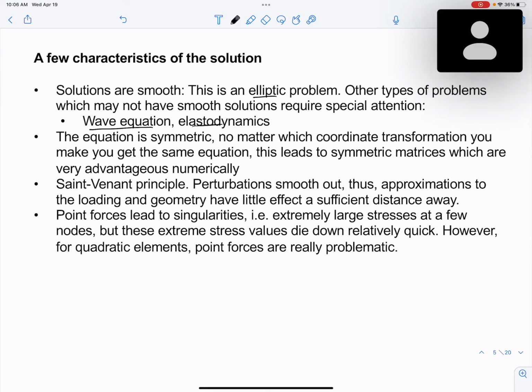The equation is symmetric. No matter which current transformation you make, you get the same equation. This is just computational, something internal to Abaqus. You don't really need to know this. But one of the nice things about the elasticity problem is that it's symmetric, which just makes it very computationally